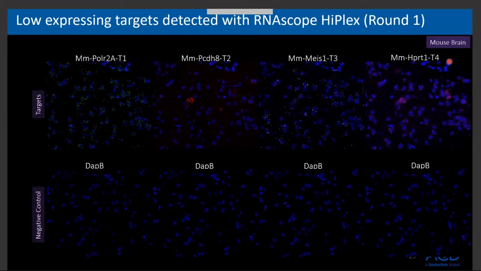Here are some examples of relatively low expressing targets in fresh frozen mouse brains. This is POLR2A, T1, Martersteck 8, MEIS1, and HPRT1. We recommend to detect your lowest expressing targets in round 1. The reason is this gives you some insurance against background creeping up throughout the course of the assay. So detect your mid-level expressors in round 2 and leave detection for your highest expressing targets in round 3 to